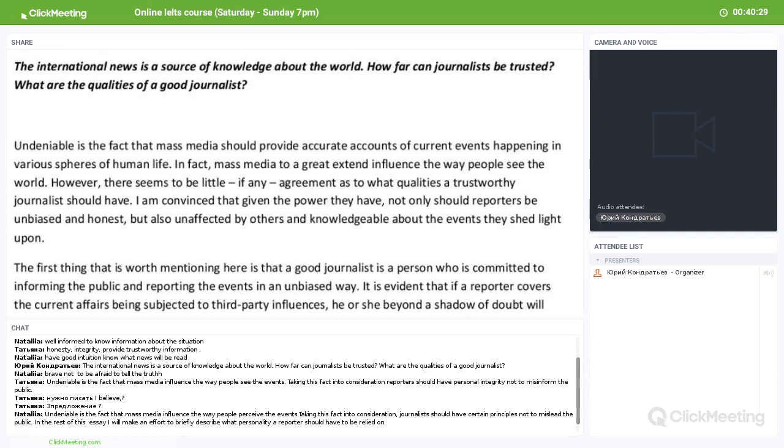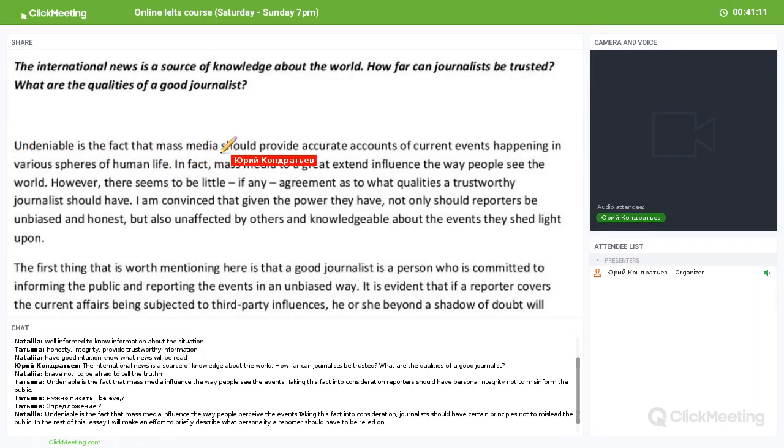Okay. I don't like the last part, just in terms of style, "to be relied upon." So, what personality a reporter should have to be, well, it's like to be trustworthy. To rely, in passive voice, doesn't sound very natural, I'm afraid. But well, that wouldn't be a mistake. You haven't used the word trustworthy, so probably you can write it here. So reporters should have to be trustworthy. I would recommend this.